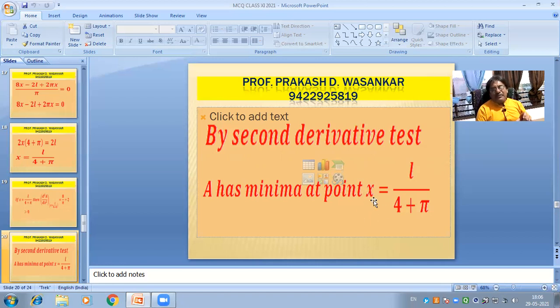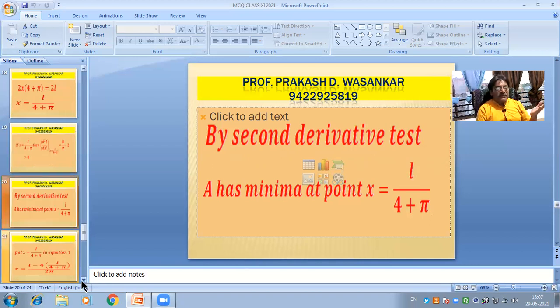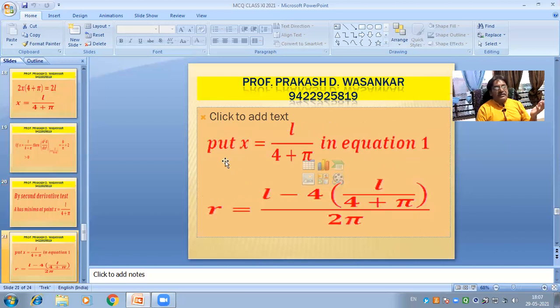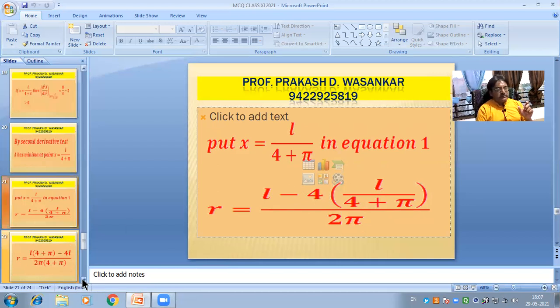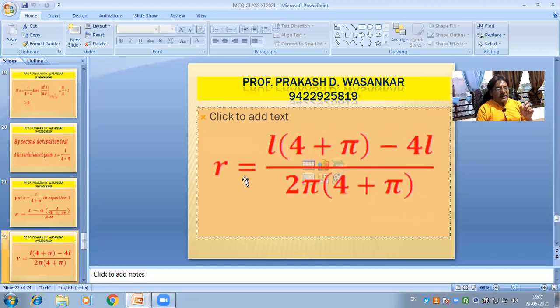So we put the value of x equal to L upon 4 plus pi in equation number one. We already found equation number one. Put x equal to L upon 4 plus pi in equation number one. Therefore equation one becomes r equal to L minus 4x, upon 2 pi. So putting the value of x, L upon 4 plus pi, upon 2 pi. Then we solve this. Therefore r is equal to,